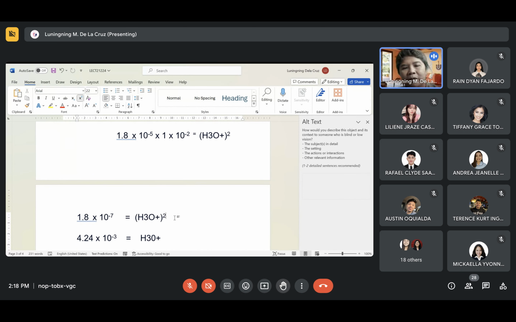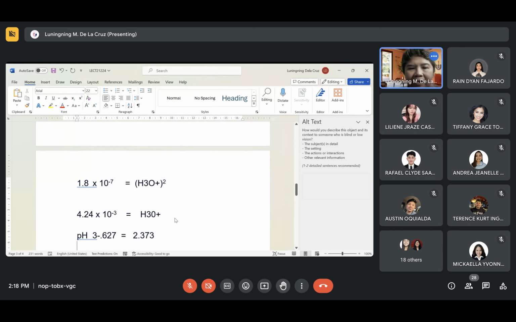So we need to get the square root from here and this will be our concentration of our hydronium ion. So, 1.8 times 10 to the minus 7 class is equivalent also to